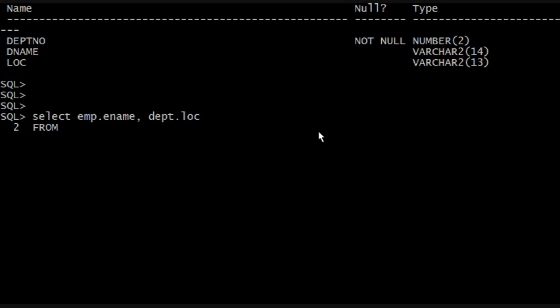From where? Well, we already know. From EMP JOIN DEPT. So far, this looks very similar to the other joins, except for the fact that we have the table name in the front. So select table name dot column name, comma, table name dot column name from table 1 join table 2